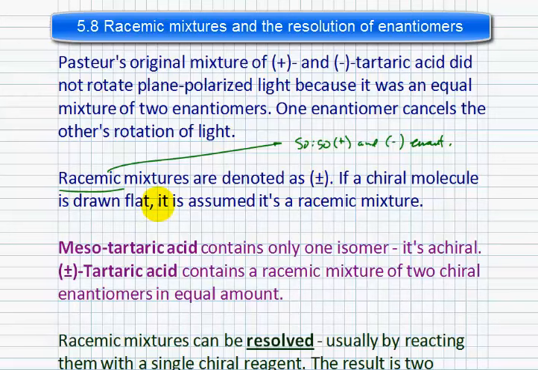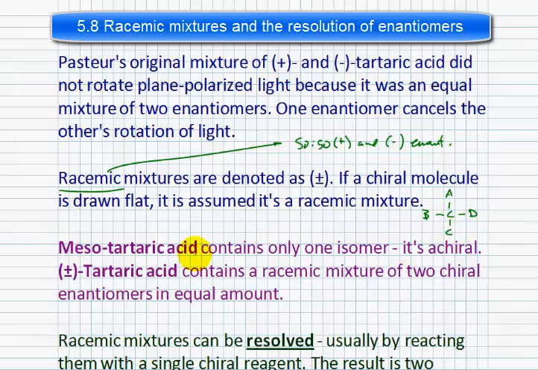If I drew a flat chiral molecule, I would assume that we would have a racemic mixture. Right? So if I drew just a C with A, B, C, and D drawn flat like that, showing no stereochemistry, I'm not specifying one enantiomer or another, so I'll assume that I have an equal mixture of both enantiomers. Now,